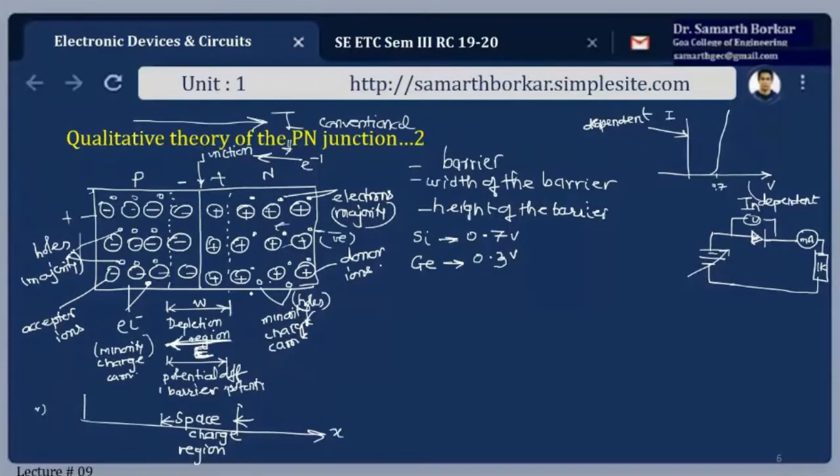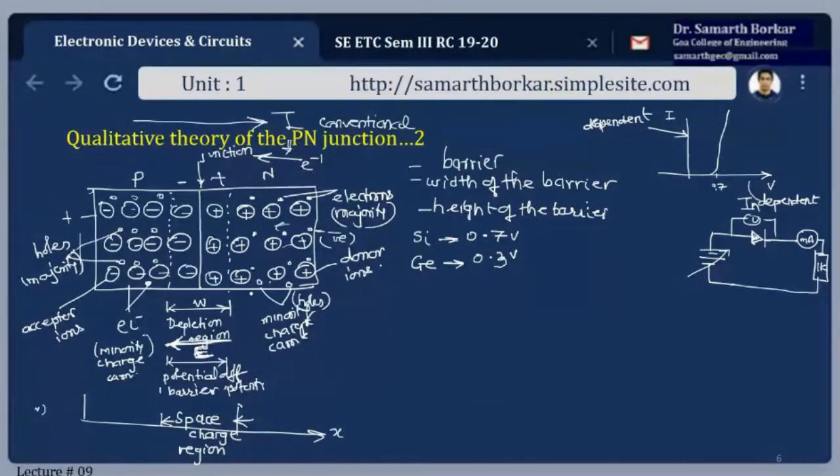I hope you never forget how this 0.7 and 0.3 come into the picture. Now this 0.7, 0.3 depends upon the donor concentration and intrinsic concentration, and towards the end of this lecture we will come to this value. How we get this 0.7 and 0.3 depends upon the equation of barrier potential, and that derivation we'll do in the next class. Fine. This is for your understanding. So this point is clear to everyone.